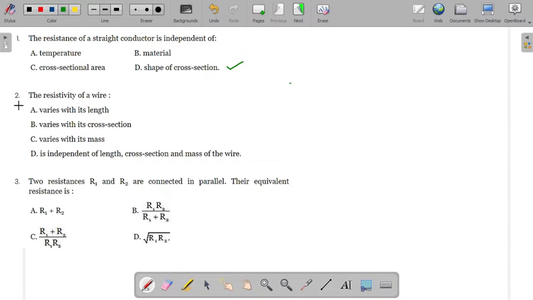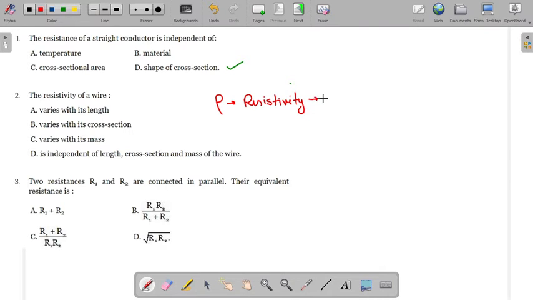Now moving to the second question. The resistivity of a wire varies with its length, varies with its cross section, varies with its mass, or is independent of length, cross section and mass of the wire. So as we had already discussed, resistivity